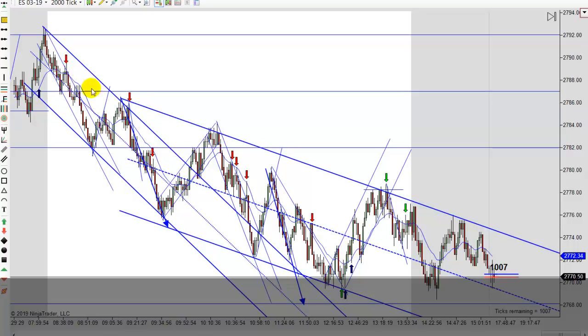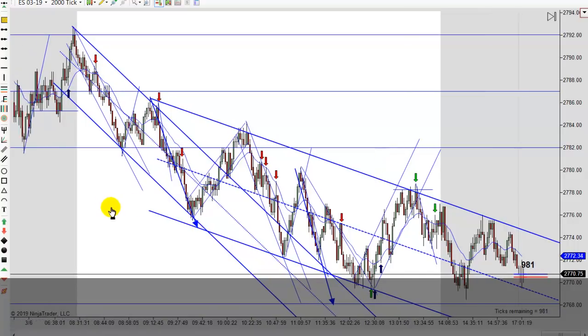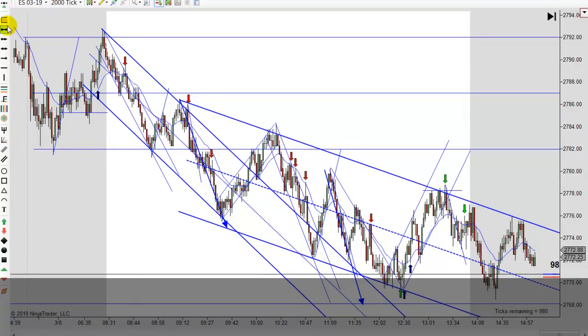A lot of times that trips people up because you get a break and a couple of legs down, they expect it to reverse. But always look for that flatter. If this one's too steep, which this is, generally a healthy trend is going to be about a 45-degree angle, so from corner to corner. And you can see this one's a little bit too steep, and then this one's actually kind of flat, and